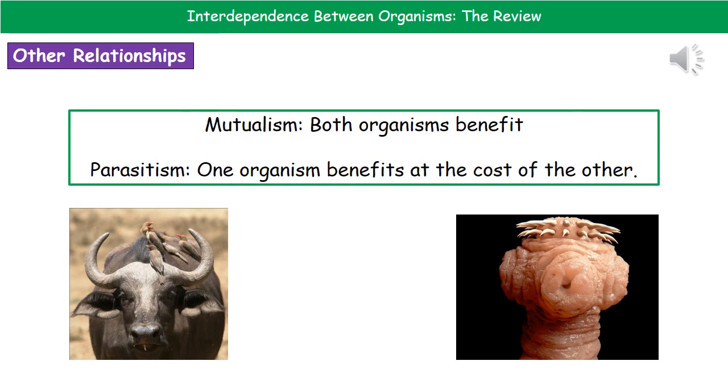The other type of relationship is parasitism. So this is where one organism benefits at the cost of the other, or the cost of its host. And the bottom right there, you can see a lovely picture of a tapeworm. So tapeworms then will get inside the body, and then they're going to embed themselves into the wall of the gut. And you can see the lovely hooks and suckers on the head there that allows them to do that. Then as they're living in the gut of their host, what they'll be doing is stealing all of those nutrients being taken in by their host animal, and they therefore will benefit. But it is at the cost of the host, because any nutrients the tapeworm gets, the host doesn't.